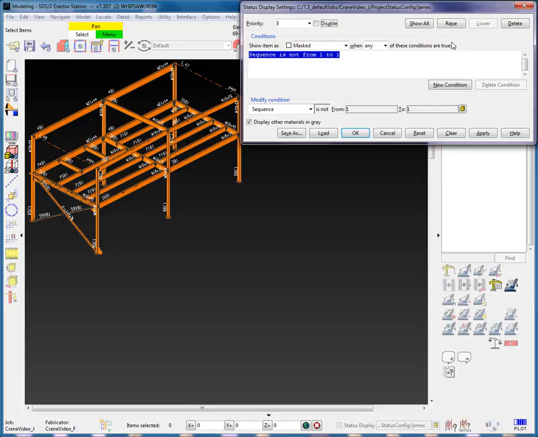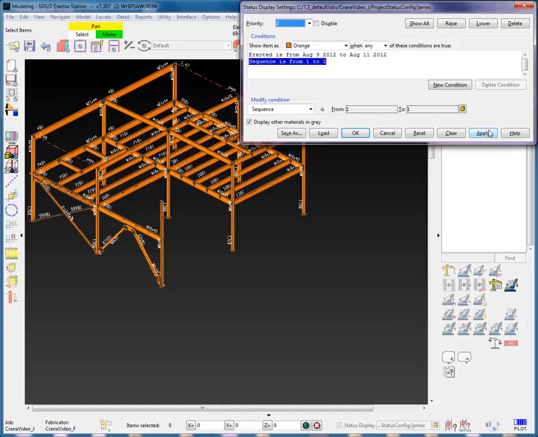And in this case, the conditions in priority level 3 are now moved into priority level 2. Note that the disable setting will also move with the conditions. When the apply is used, the erected members in sequence 2 are now visible and orange. This is because the erected status condition is met and takes priority over the masking condition, which is now in